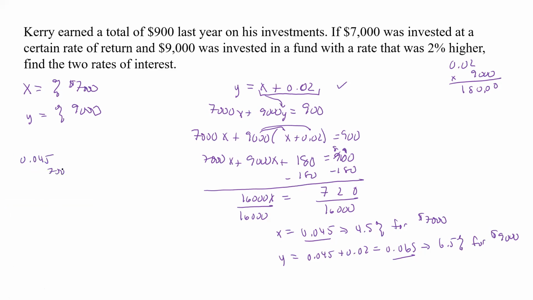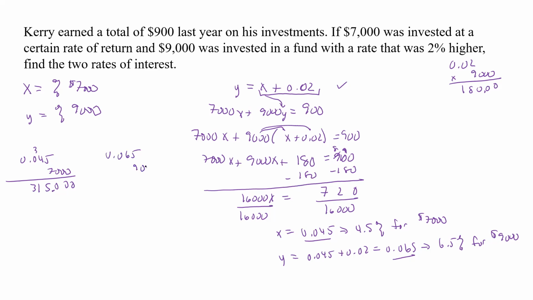0.045 times 7,000. 7 times 5 is 35. That's 28, 29, 30, 31. And then we moved it 3 decimal places, so it'll be here. And then we had the